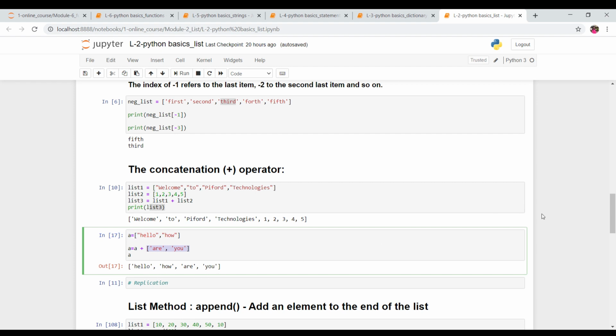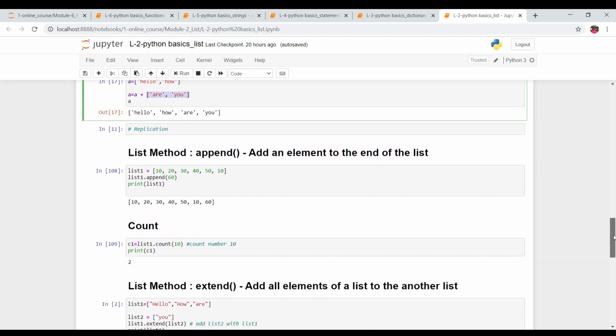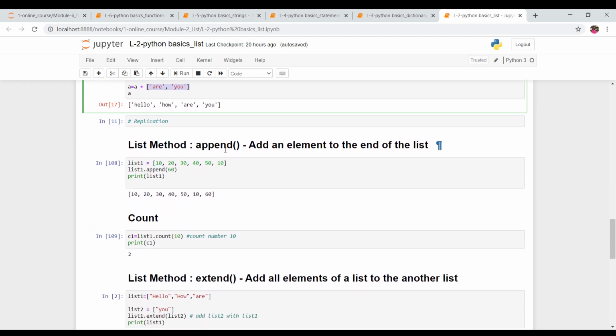All right. Now, the next method is the append method. See, append simply means, let's suppose over here we have this list and we want to add something else. We want to add an element in this current list. List 1 is having these elements, but now we want to add one more element in it. So you can use the append method for it.